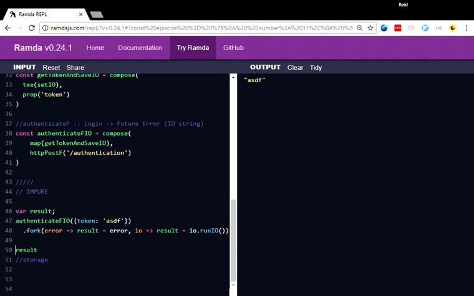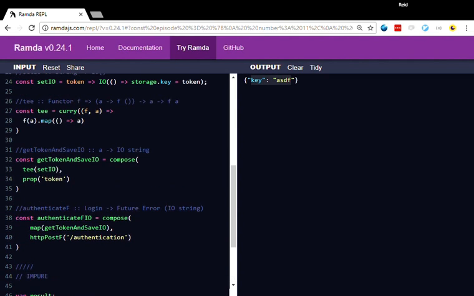So what do we get if we then say result? You see, get ASDF, which is what we passed in. That's what's coming out. But we can also check to see what storage was. We actually did update our local storage here to say that key was ASDF. So if we hadn't had this T, this whole thing would have returned an IO of unit rather than IO of string. But this T allows us to basically take the result from this, perform this operation, and then take the result of this and stuff it in the same context, the same functor that was returned by set IO.